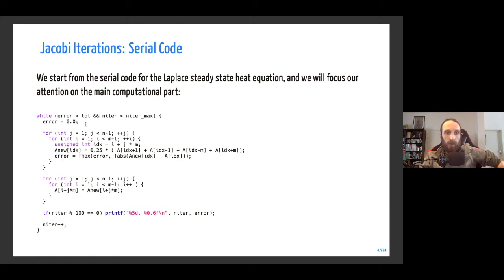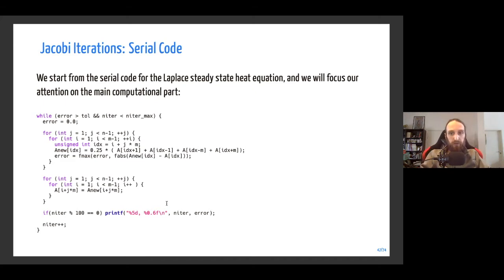While the error, which is the maximum difference between two iterations, is bigger than some tolerance, and we are within the range of the maximum iteration, then we will do averaging of neighboring points to update the value of a new array, and then we just copy this newly calculated value to the array that will be used for the next iteration.